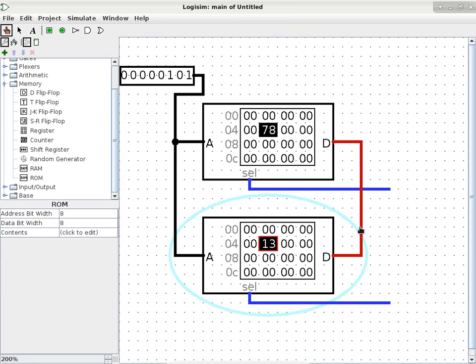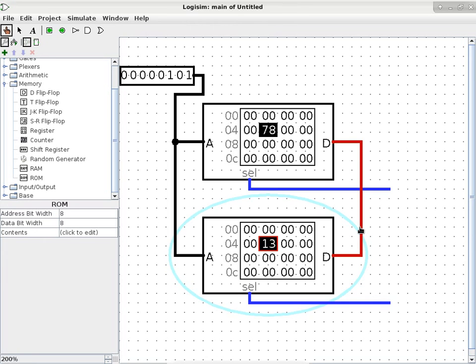And therefore, we have a problem, because now they're trying to wrestle with each other: I'm stronger than you, so I'm going to force the line low, even though you want to drive it high. And usually, because of the use of N-channel MOSFETs, for the most part on our chips, the circuit that tries to drive it low would win. The circuit that drives it high doesn't drive as much as the circuit that drives it low. But nonetheless, we have a bus fight.